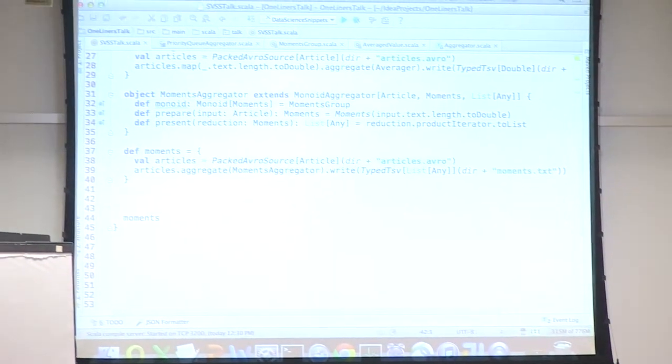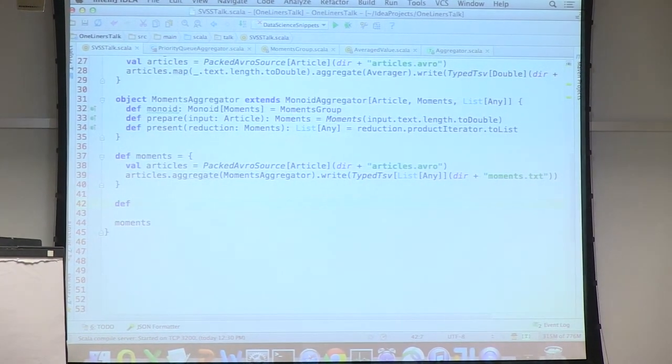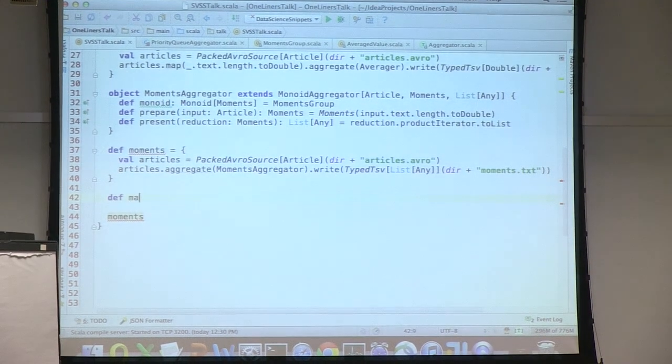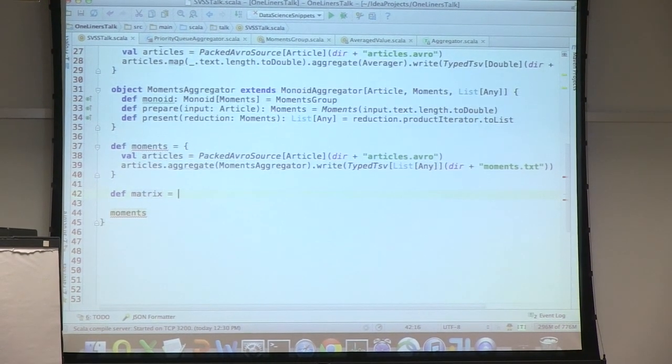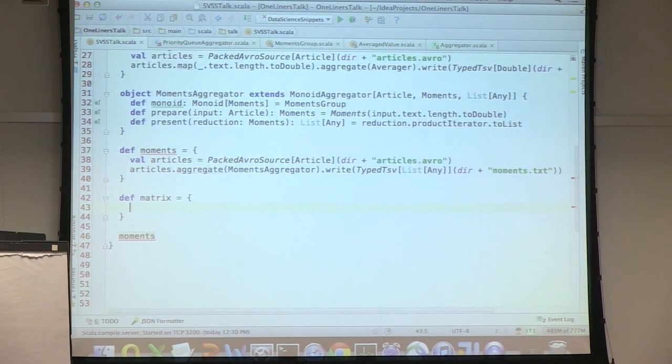There is a short way to do it and a long way to do it. I will do the short way, and I'll leave you the longer way as an exercise, because the short way is actually pretty nice. We will use the Scalding matrix API. Scalding has a matrix API that does a bunch of cool stuff, so let's try to make it work.